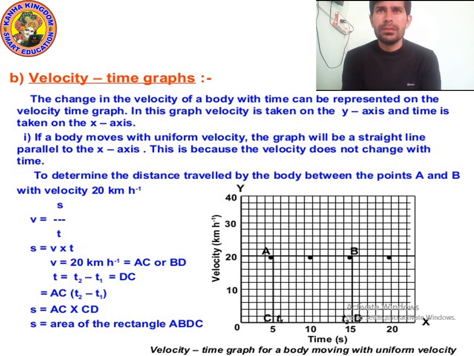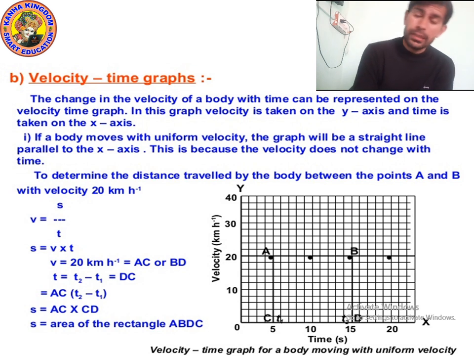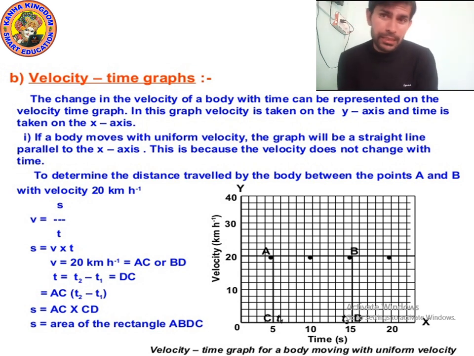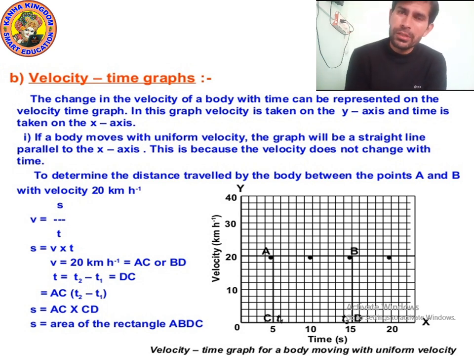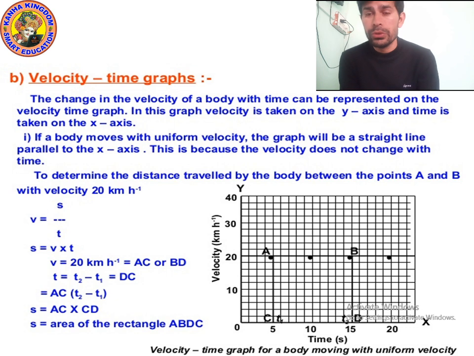Okay. Suppose a body is moving with uniform velocity. First of all, we will see the diagram and formula for the uniform velocity graph. Okay, so this is the uniform velocity graph. Then we will study in the next slide the non-uniform velocity graph. So suppose the velocity is uniform,